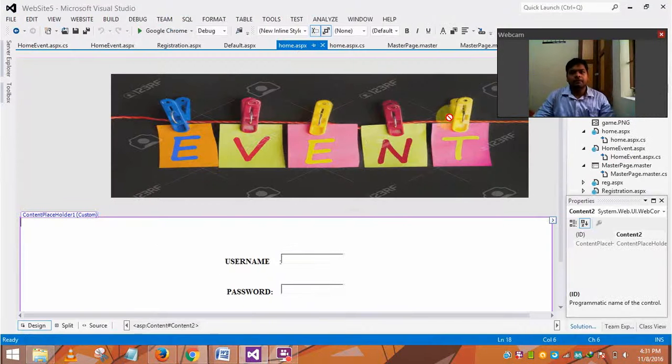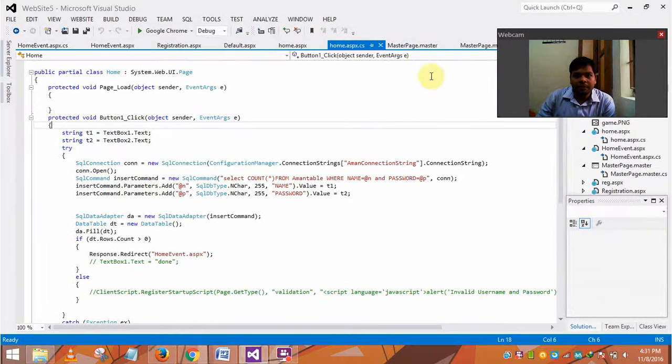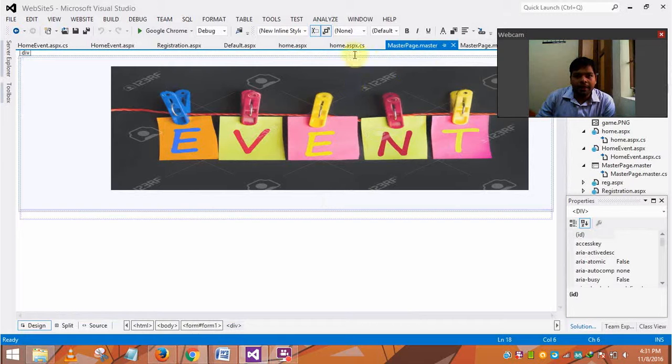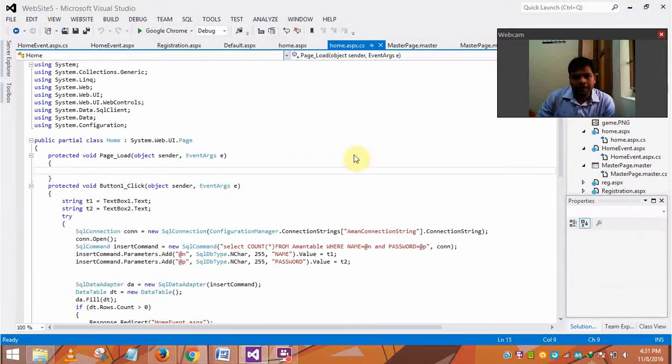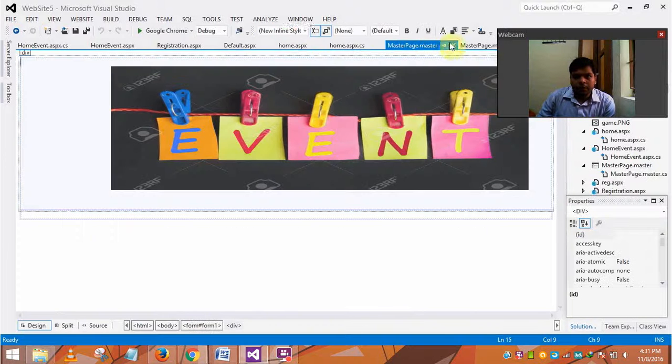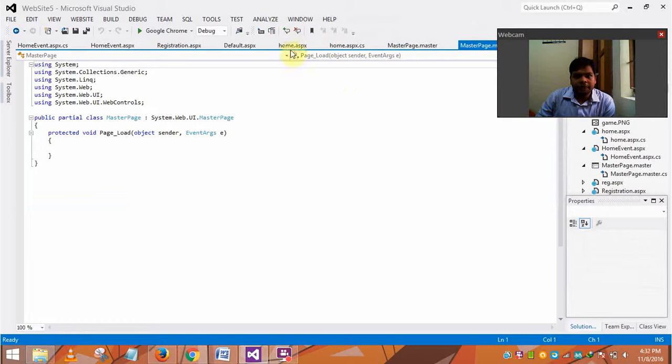So we are going to the home page. Here it's an event function which we will use for the main ASP. This is the main code for the master page, and here this is run only by the ASP.NET program, and here is the code for that main home page. So we are going to discuss that event. We are adding a new master page and